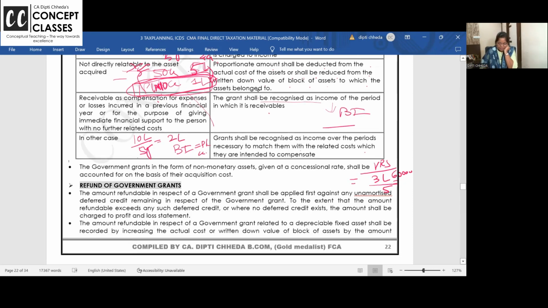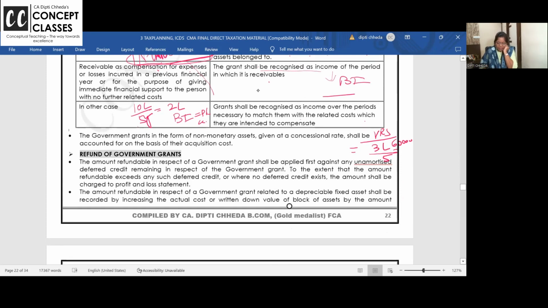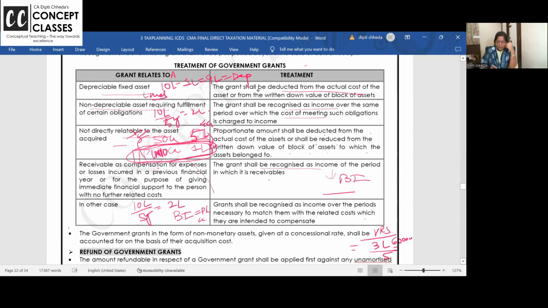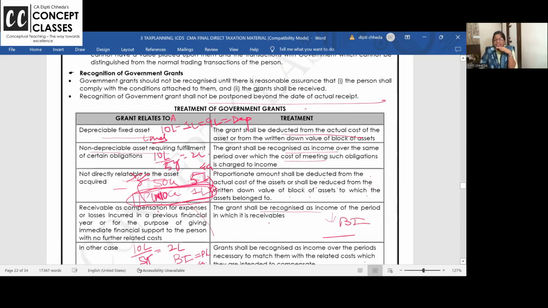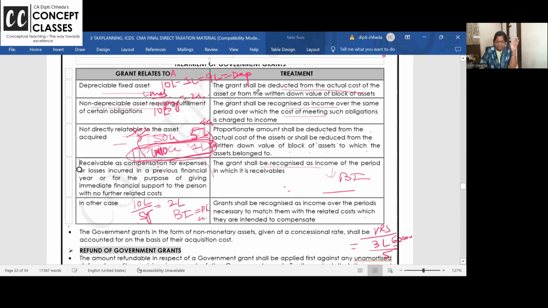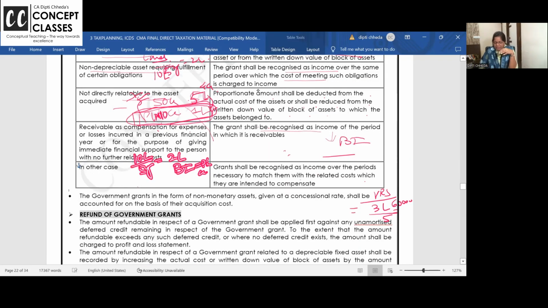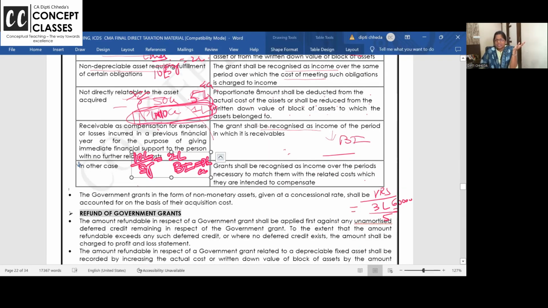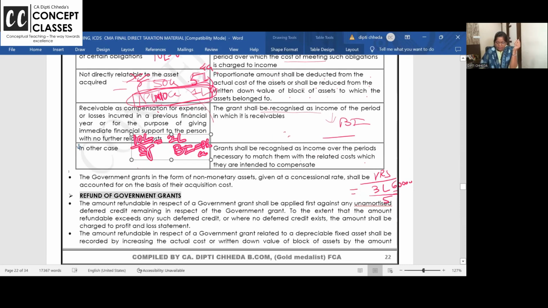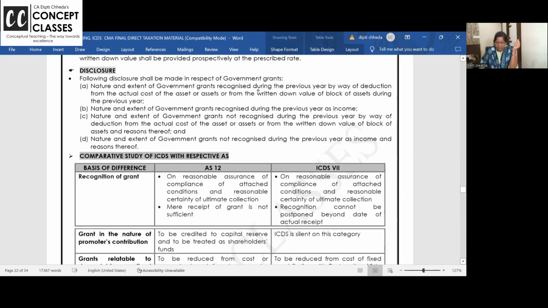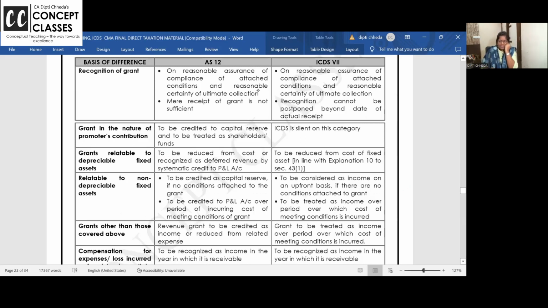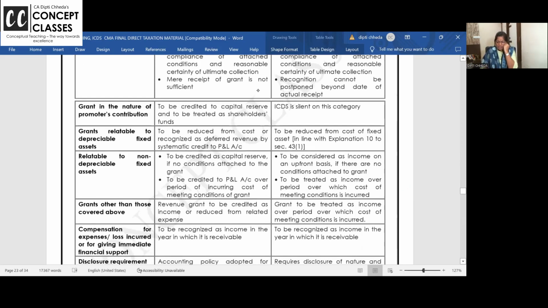Like that this is. Now refund of government grant, I said R for refund and R for reverse. While receiving, have you reduced it from the asset? Now while paying back, add to the asset. While getting the grant, have you credited it in the P&L? Now you debit it in the P&L. So like this, if you have deferred, then put it back, adjust it in the deferred, and the remaining put in the P&L account. Okay. So these are all the compliances for government grant.